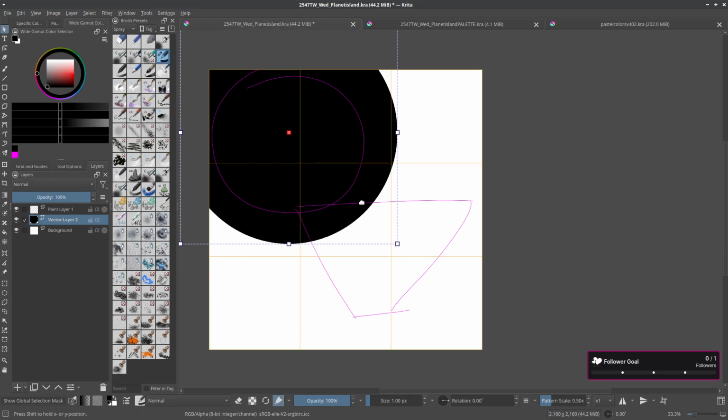Yeah, I think this might look cool if it's this big. And I think this is going to be handy when we are going to create our masks. But first, let's